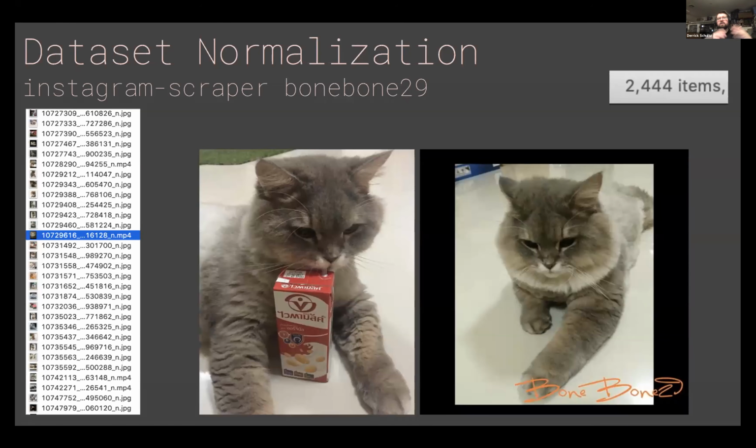Okay, so when I first scraped Instagram, I used this command called Instagram Scraper, and the Instagram account was BoneBone29. I got thousands upon thousands of images of Bone Bone, which was awesome. And when I got them, it says over here on the side how many I had. It says I had 2,444 images. Now, in some cases, there were videos in here, and I threw out the videos by filtering by file type on my Mac